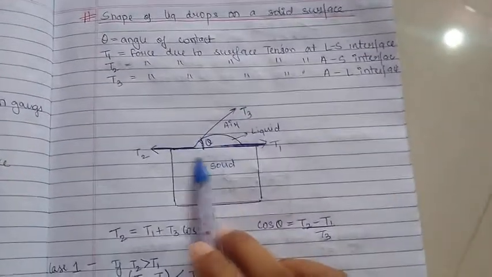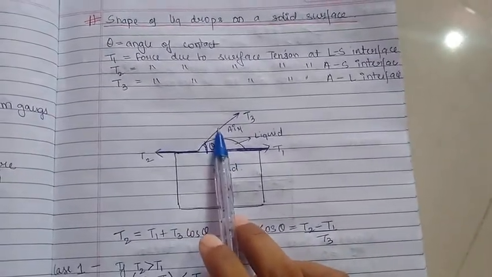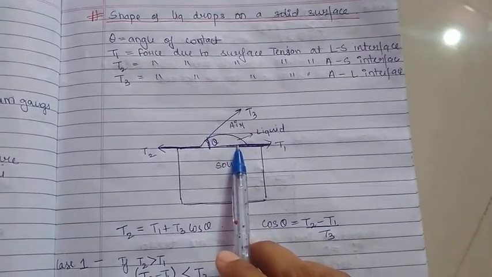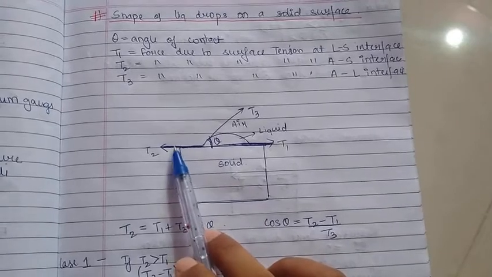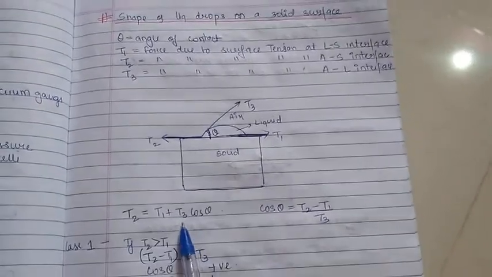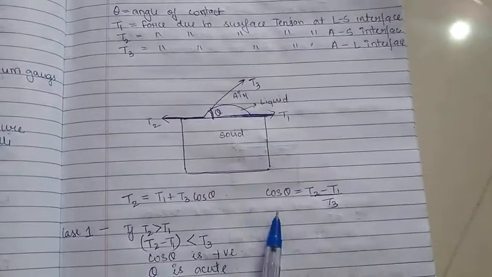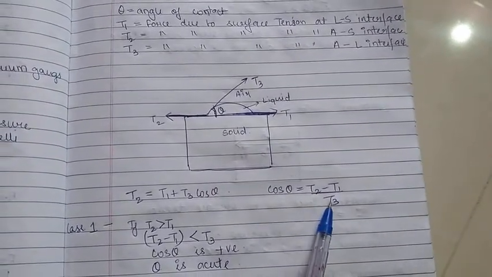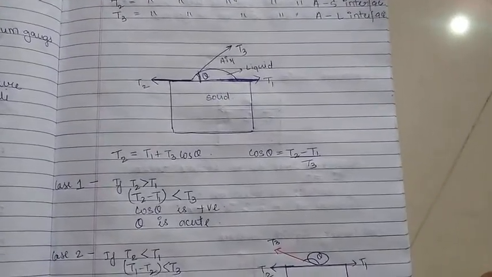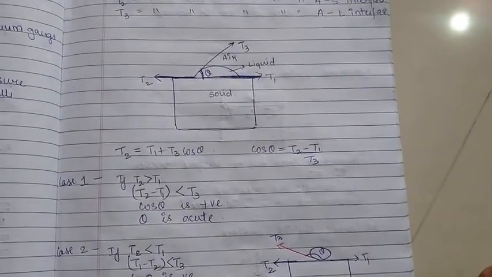Now from this diagram you can say that if you take a component of T3 on this side, it will be T3 cos theta. So from the diagram we can say that T2 is equal to T1 plus T3 cos theta. And from that you can write cos theta is equal to (T2 minus T1) upon T3. Now depending on which force is more or which force is less, we can find out whether the theta is